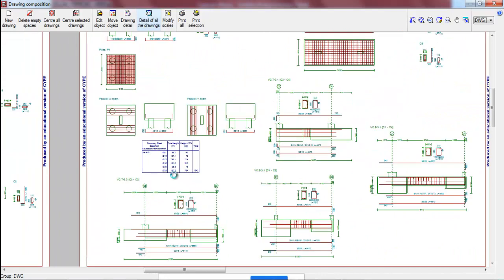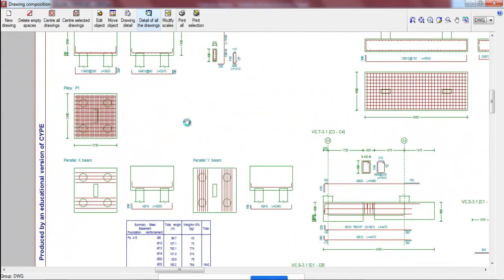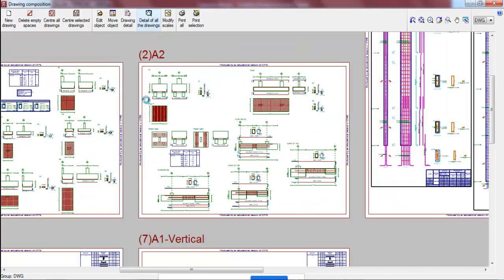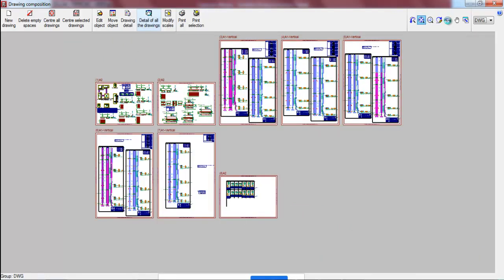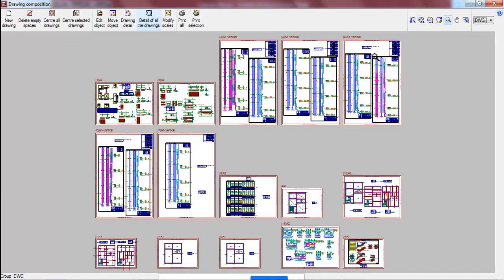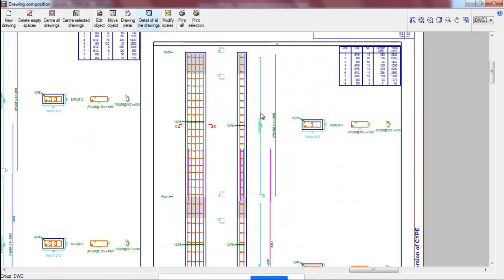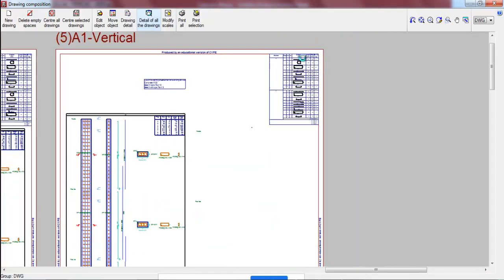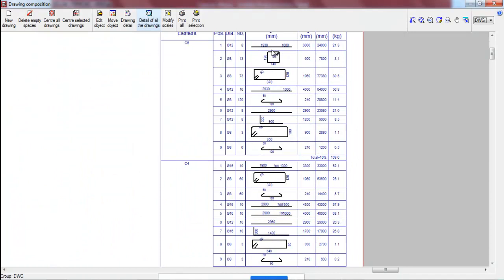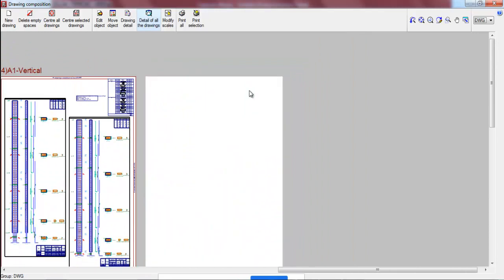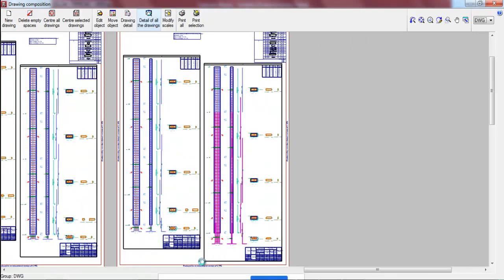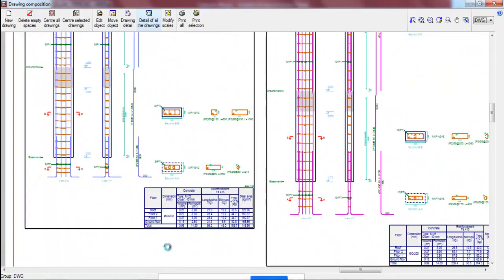Pile cap drawing. See, all the information is available here, and you have also seen the column details already in the output. You can also see details like the bar bending schedule, BBS, and more information related to the column for construction purposes.